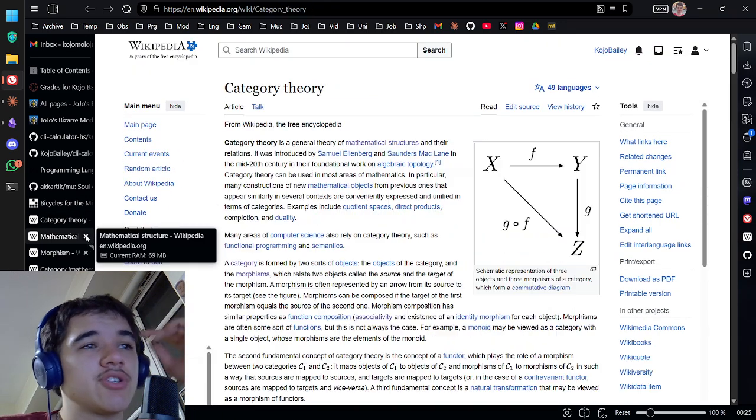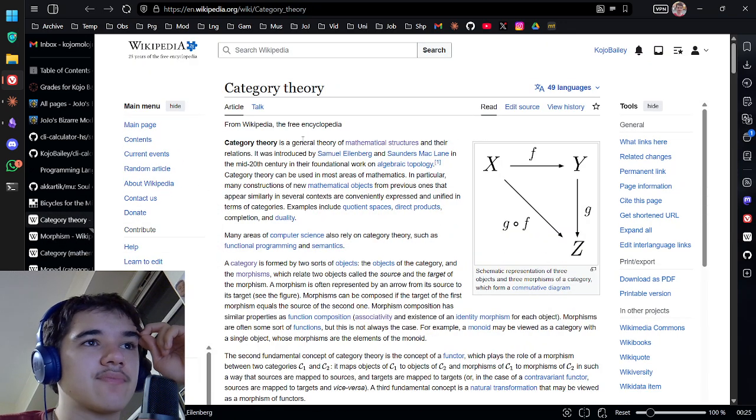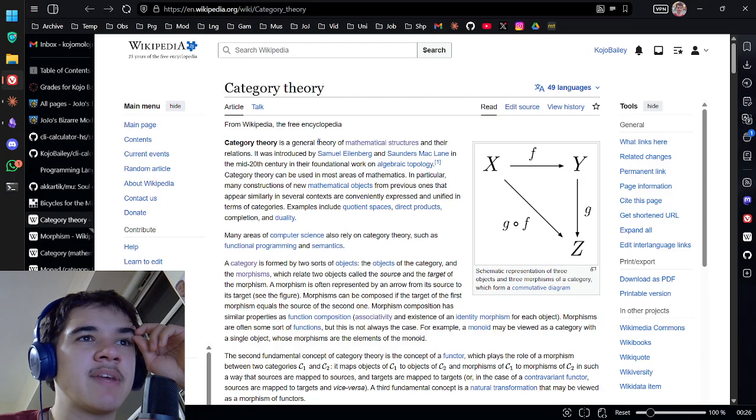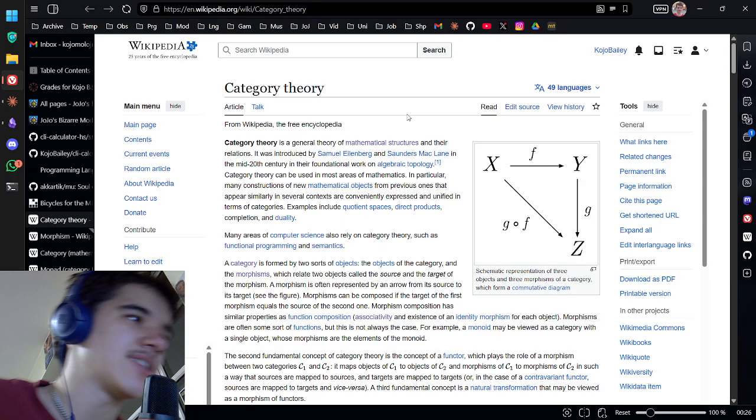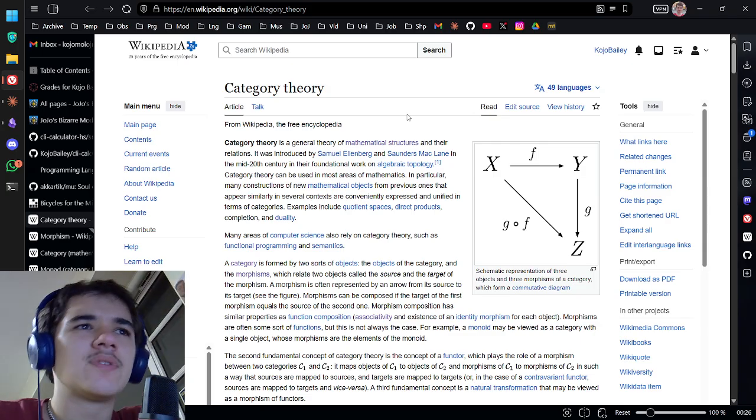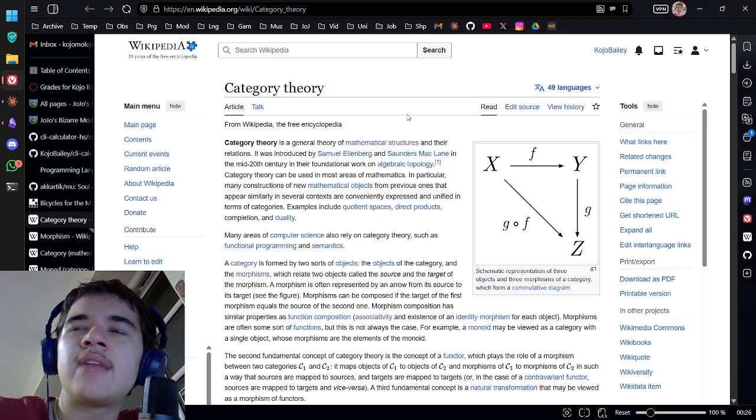Okay, so that's structure. Category theory is a general theory of mathematical structures and their relations. So the relations between mathematical structures. So what, an example of one is real numbers then? Because I thought that